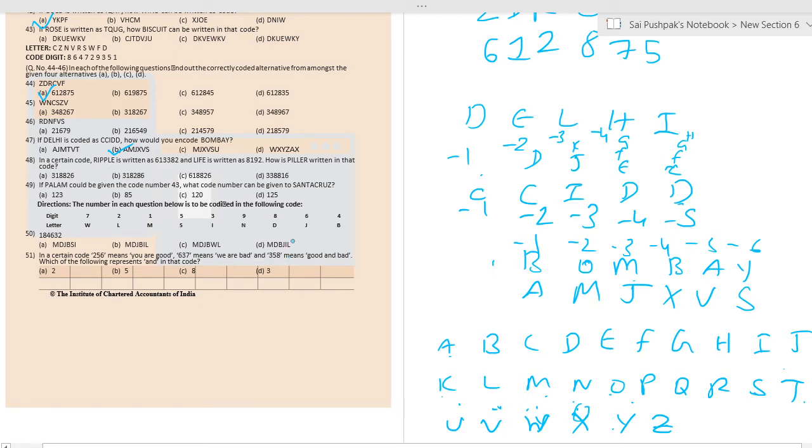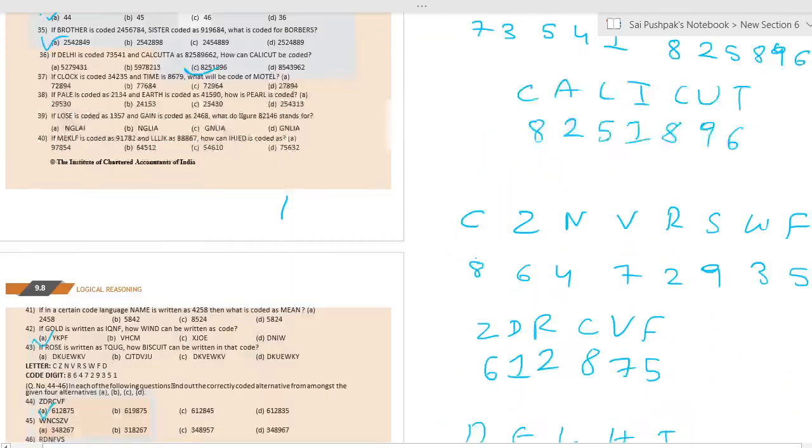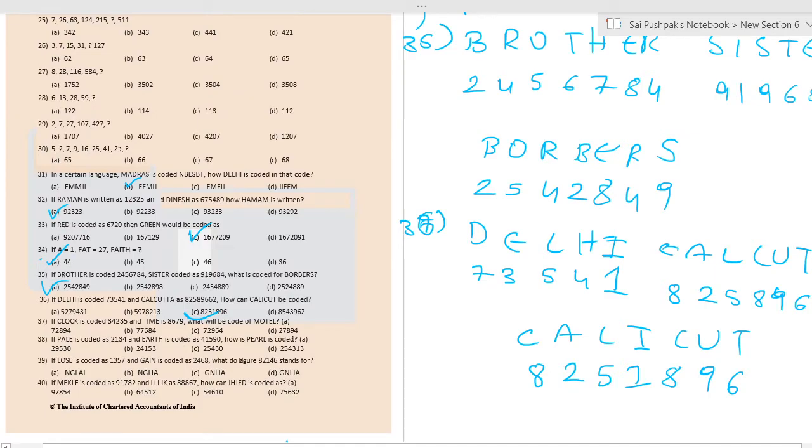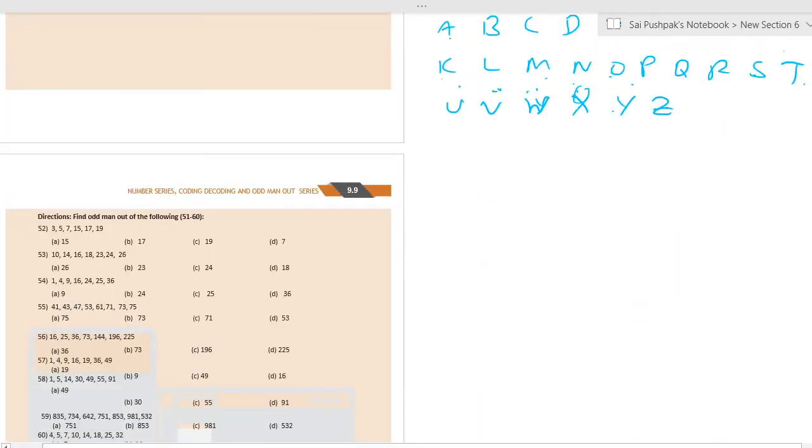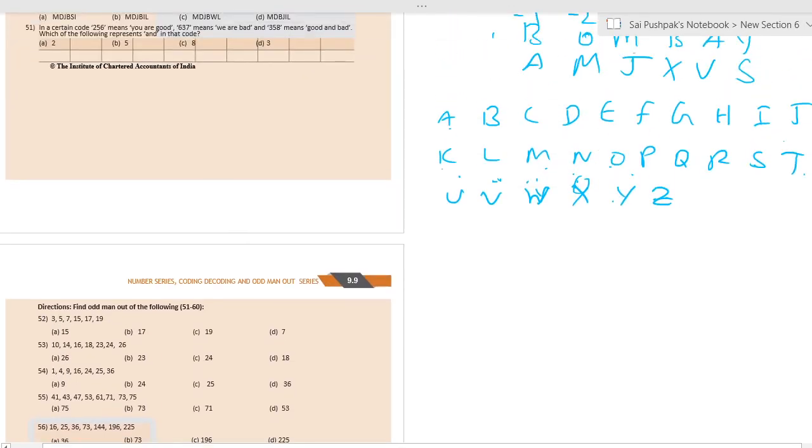So the 48th one is similar to 35 and 36, which we have done, so you guys can do it easily. And for the 49th one, remember, we have done the fat and faith problem. You remember, right? A, B, C, D, we have taken A as 1, B as 2, C as 3. So this problem also you have to do like that.